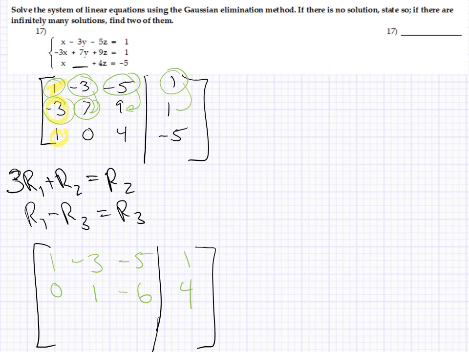Then we're going to take row 1 minus row 3. So this minus this